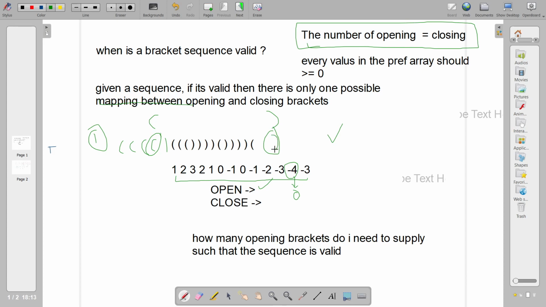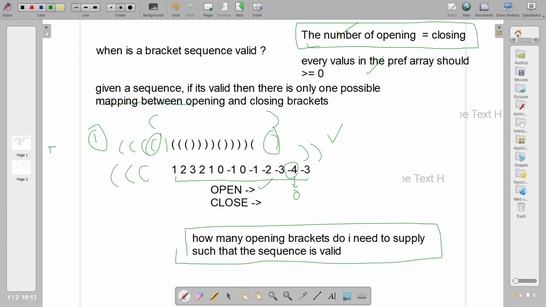So this would supply an extra closing bracket to match this condition. So this is something you need to understand: if you are given a sequence and you have the ability to add opening brackets before it and closing brackets after it, what is the minimum number of opening brackets you need to add?